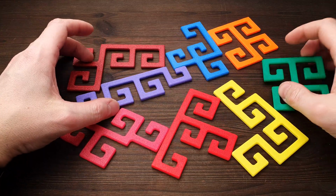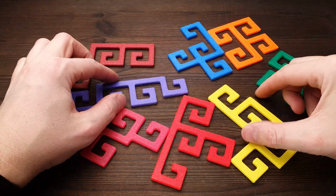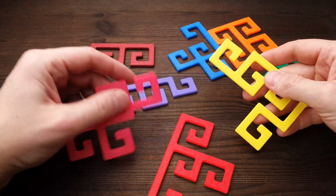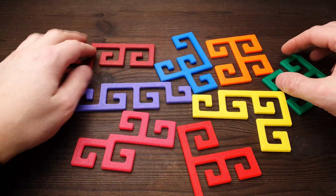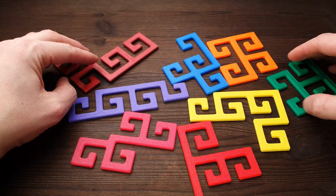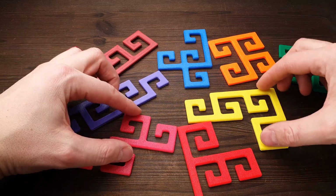This is a Tetra Spirals puzzle. It was designed by Lucy Powells and made by Puzzle Guy. Difficulty level of this puzzle is 7 out of 10 on a Puzzle Master's difficulty scale that runs from 5 to 10. And the goal of the puzzle is to put all 8 parts together in such a way that